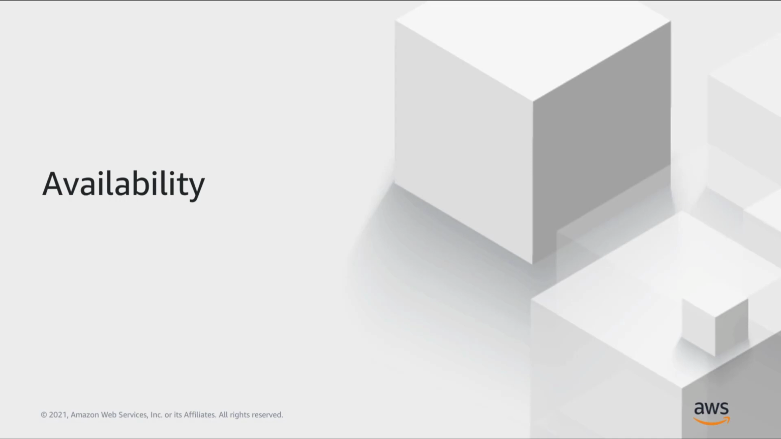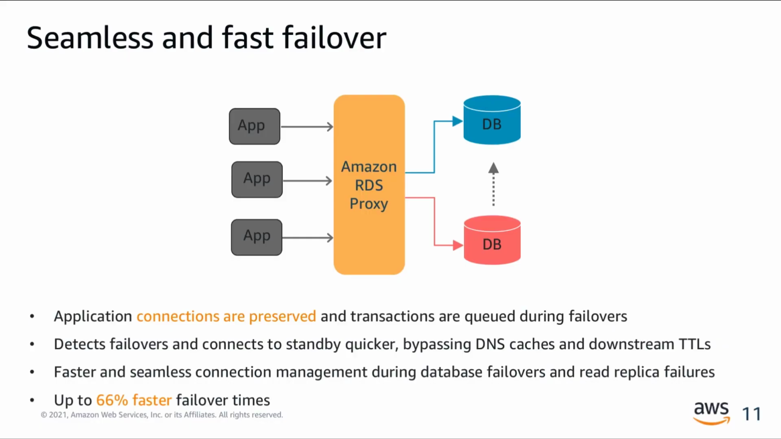Let's discuss how RDS Proxy improves your application's availability. This is a simple example to showcase how RDS Proxy improves application availability. Let's say you have an application connecting to the backend database. It may be either running on RDS or Aurora, through RDS Proxy. In this case, it has one primary instance, which is represented in red, and one standby instance, which is represented